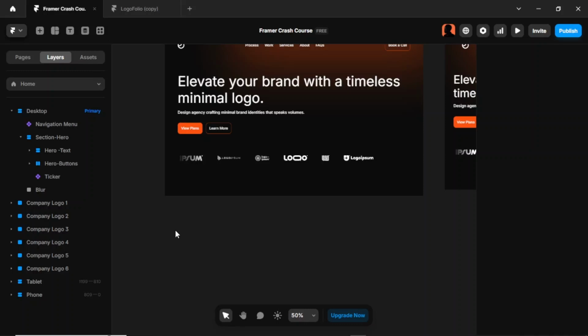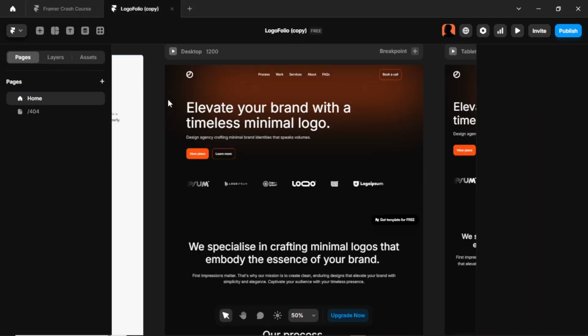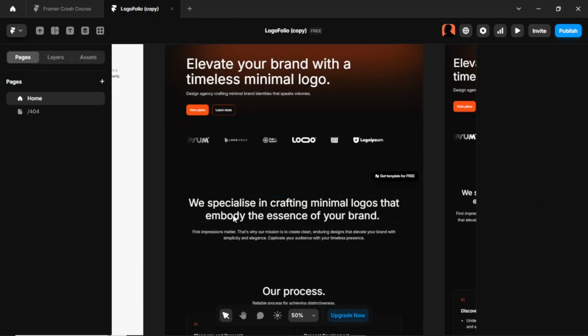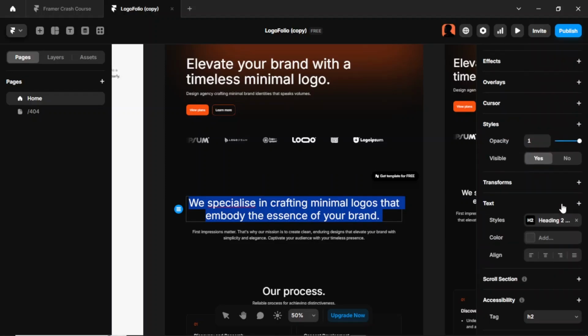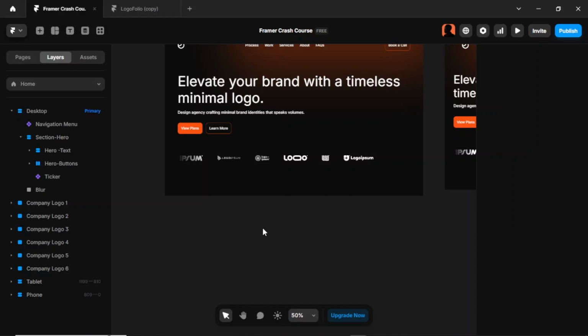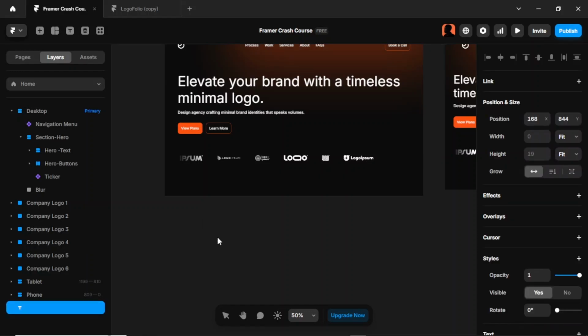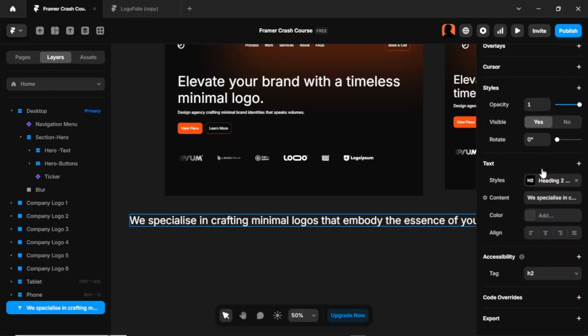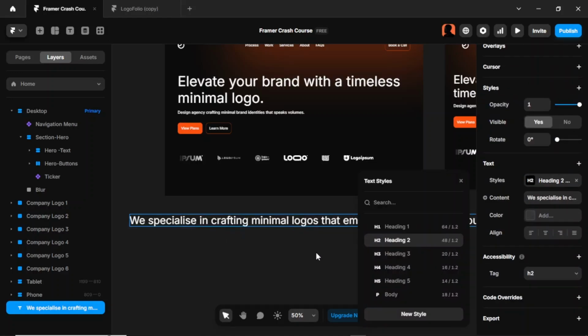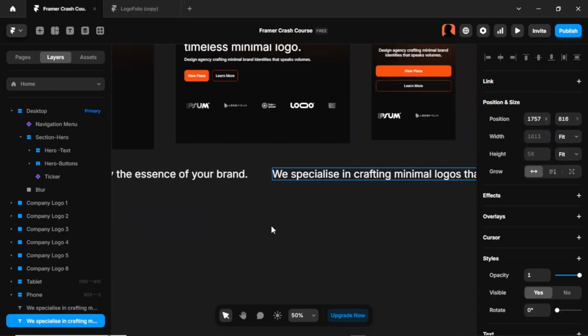So what I'm going to do next is to check the next section in our website. Just going to click here. You can see this is just a text. I'm going to copy this first text and then look at the heading. This is a heading 2. So I'm going to come here, click T on my keyboard and then paste. Okay, this is already a heading 2. So I'm going to duplicate this,